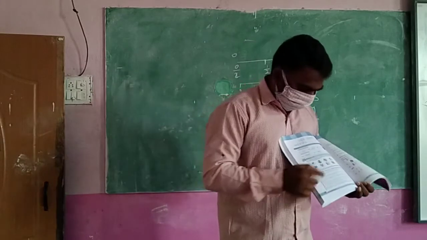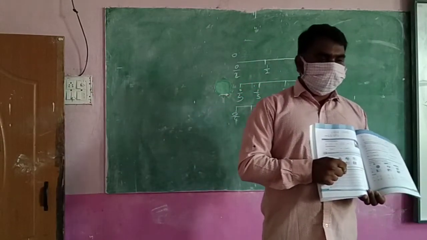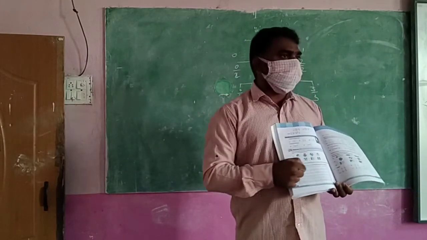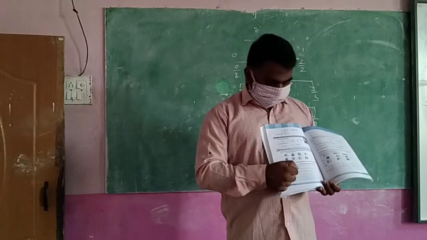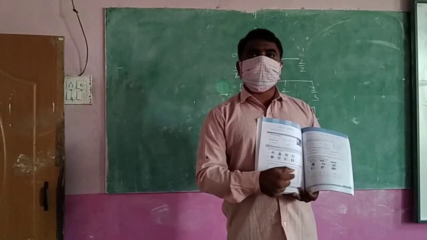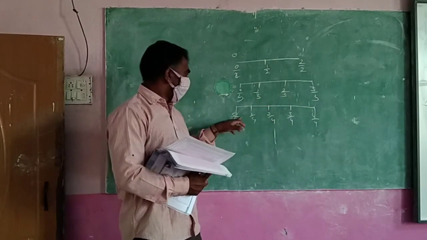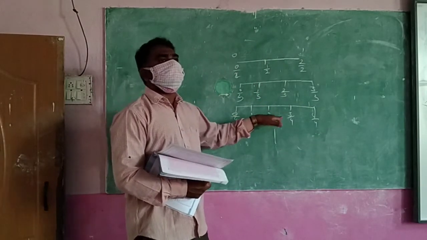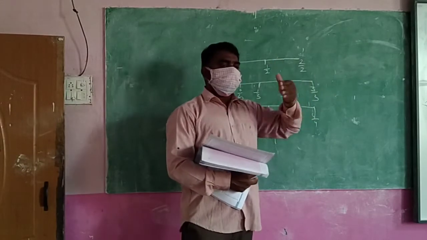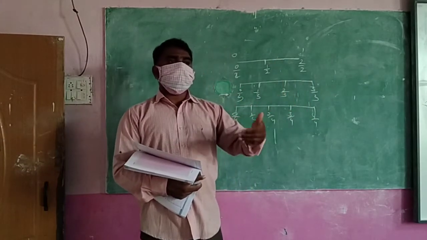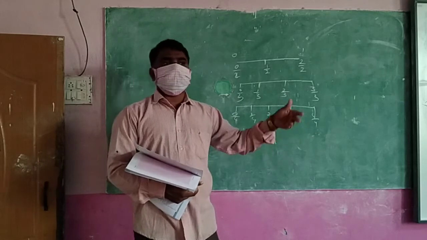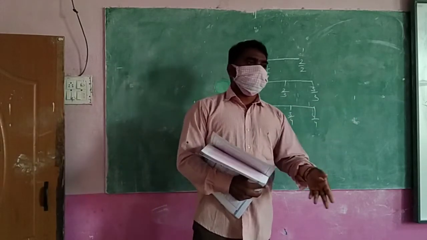For the first one, whatever fraction the given point is, you have to write it there. For the second, 2 lines are there; what fractions are they? Next, for the third, 3 lines are there; what fractions are they? Can you write like this or not? Simple. 0 by 4 means continue: 1 by 4, 2 by 4, 3 by 4, 4 by 4. One more, 0 by 5, 1 by 5, 2 by 5, 3 by 5, 4 by 5. One more, 6.